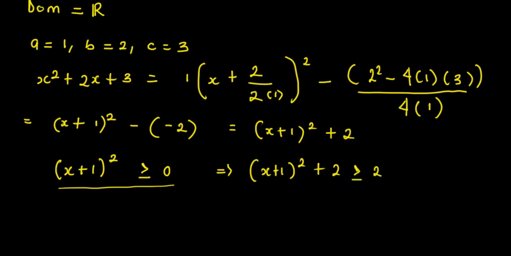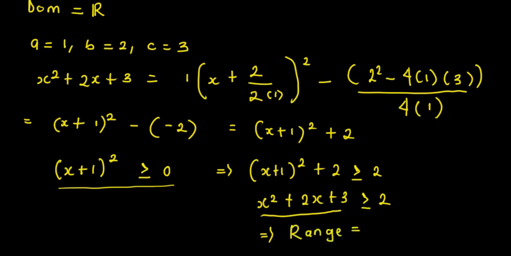And remember that x plus 1 squared plus 2 is the same thing as x squared plus 2x plus 3. So our function, x squared plus 2x plus 3, is greater than or equal to 2, which implies that our range is going to be equal to